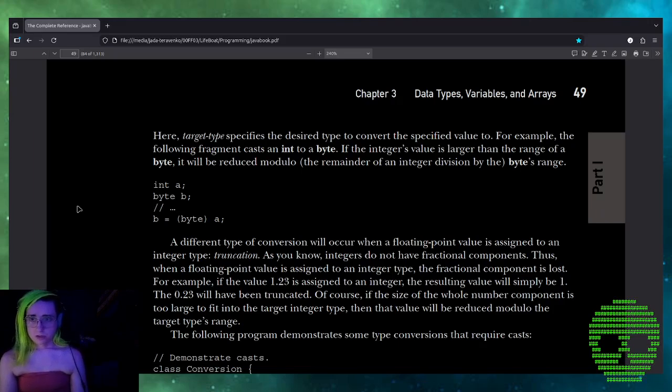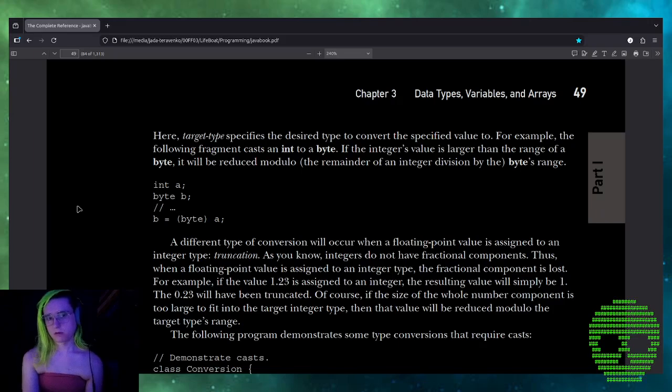If the integer's value is larger than the range of a byte, it will be reduced modulo, the remainder of an integer division by the byte's range. int a; byte b; b = (byte) a;